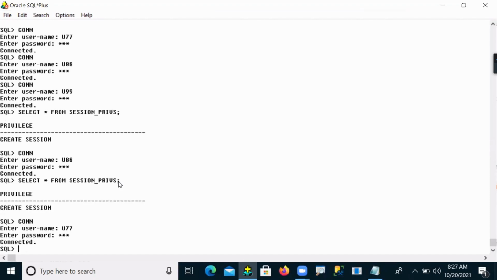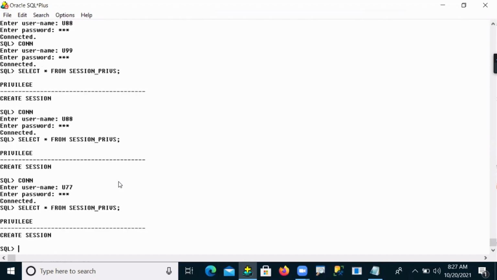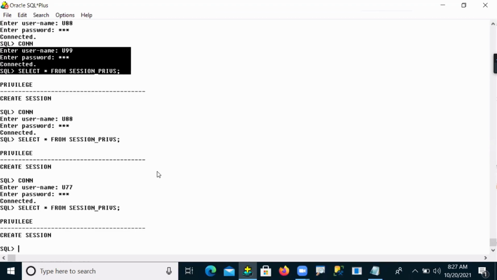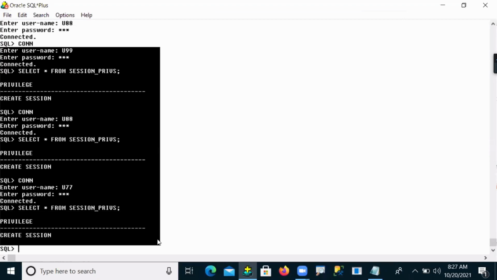He also has create session privilege only. So the three users, 99, 88, and 77, have only one system privilege, and that is called the connectivity privilege.